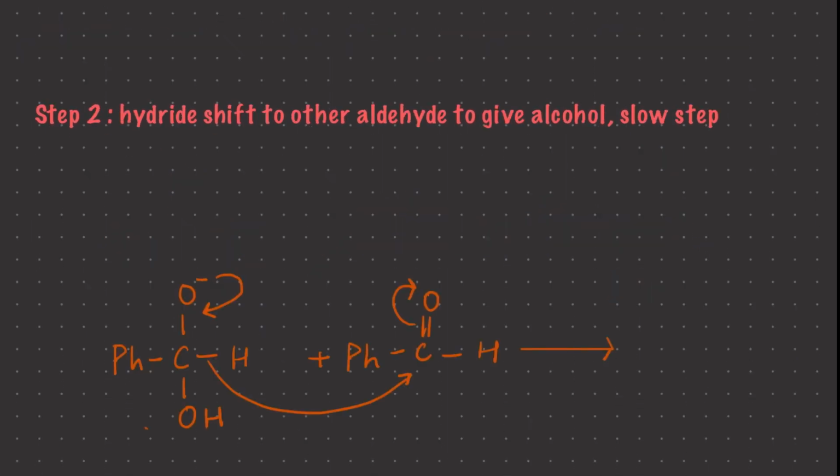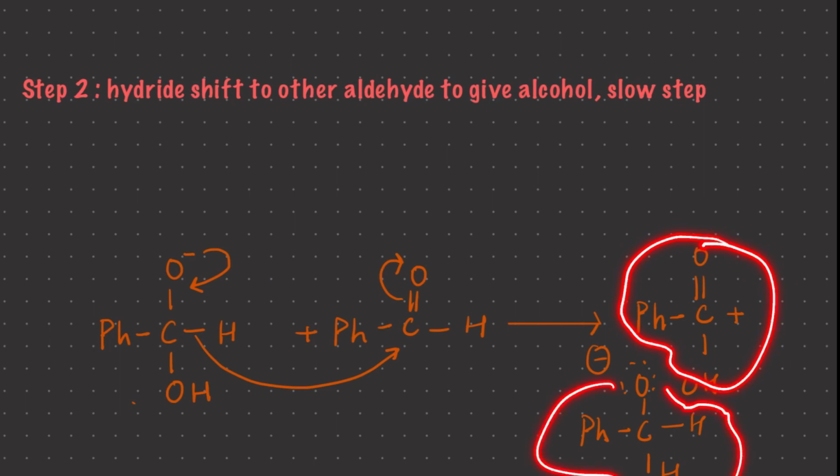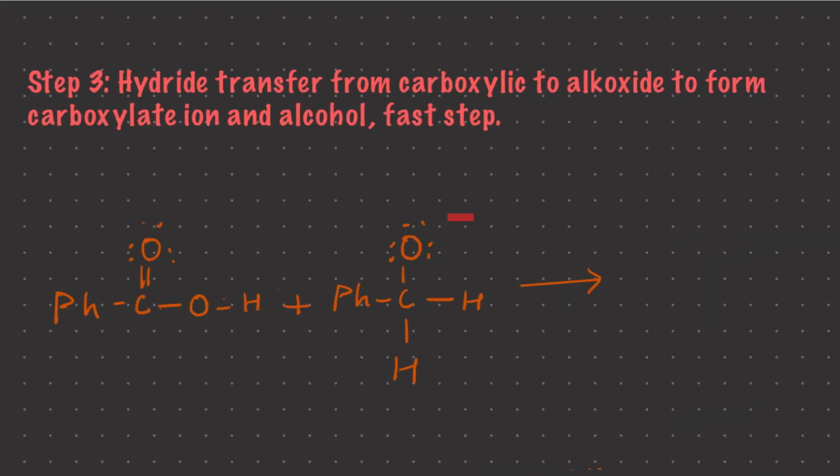Here this same alkoxide reacts with a second molecule of benzaldehyde and shows hydride transfer to give us this, which is the acid, and this is what we get as the alkoxide of the alcohol. In the third step, this will get shifted